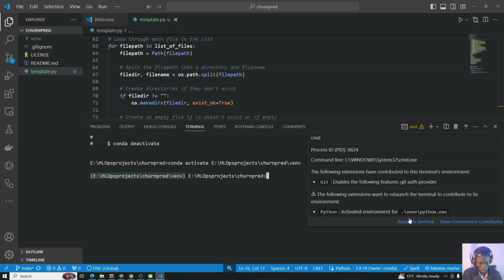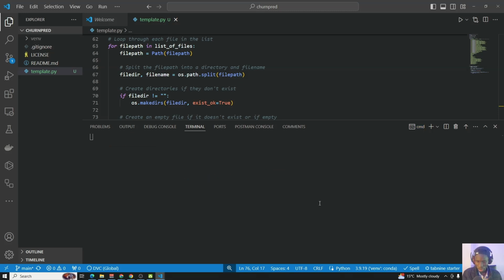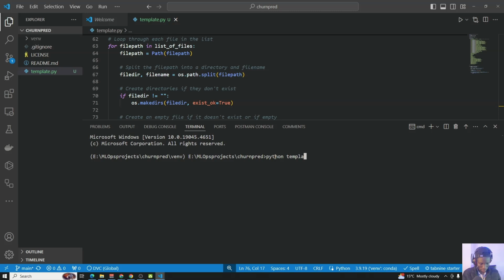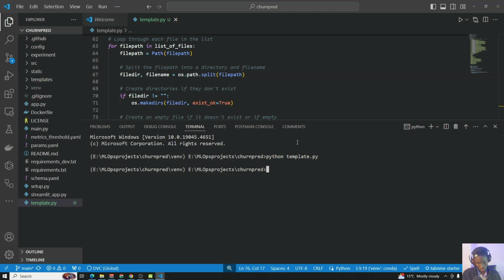So I'm going to relaunch my terminal. Then I'm going to execute template.py to create all those files. So to execute that, python template.py. When this is successful, you can see now that we do have those files and folders created with just a simple